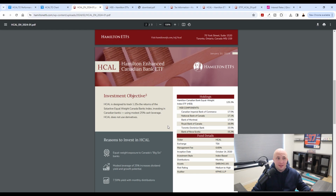So this is an index fund. It contains an equal weight position in all six Canadian banks. And what HCAL will do is pretty much try to mimic this fund, but with amplified returns and, as I'll discuss in a bit, amplified losses in the case of leverage. It does not use derivatives. This is just a pure cash leverage position in which it buys more of its underlying holding, which would be its own